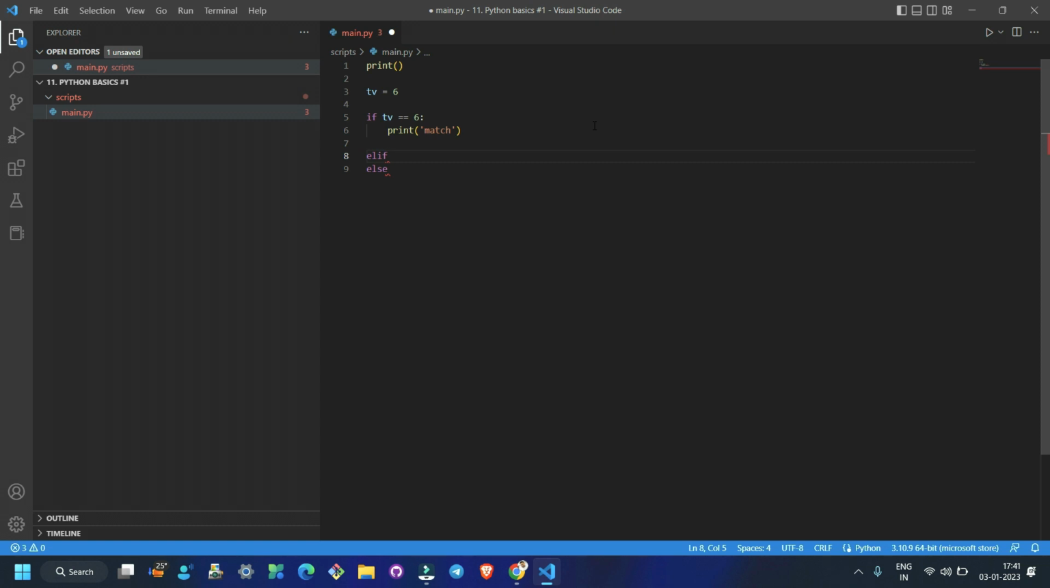So you can have as many else if statements as you want, but at the end you need to give an else statement if you are using an if statement at the starting. But if there is an else if statement, then there's not exactly a necessity to give the else statement. So else if tv equals 6,